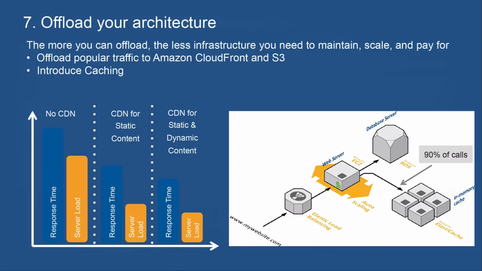Similar things at the back end, by using Elasticache, you can significantly reduce the size of RDS instances that you might need to run by serving the majority of database queries out of that in-memory cache rather than out of your RDS instances. So there's several techniques that you can use to offload workload from your EC2 instances and have that workload carried by other AWS services that might have better cost characteristics. And if that's something that you want to investigate, we'll show you some resources at the end of the session where you can learn more about other AWS services and how you can potentially achieve those kind of offload techniques.